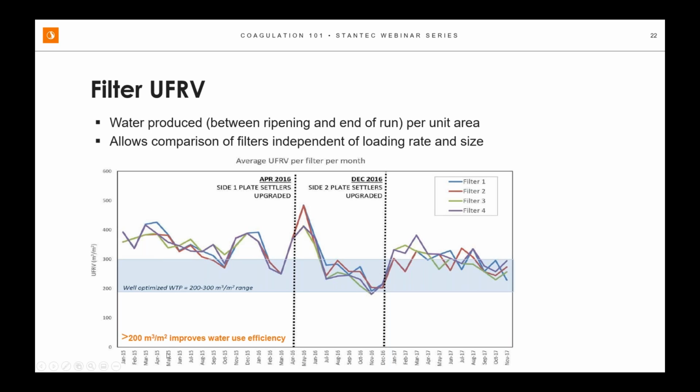And this is just a graph that a plant did from an optimization study. You can see here that they had good unit filter run volumes for a while. They made some changes in their plant, and they had some things going on. And then you can see that over time, their unit filter run volumes have dropped. You wouldn't necessarily see this day to day, but looking at it over a couple of years, you can say, hey, maybe we have drifted away from our optimum coagulation range,